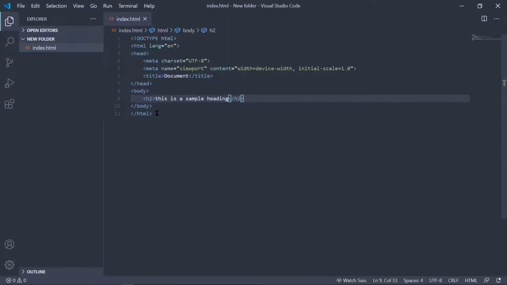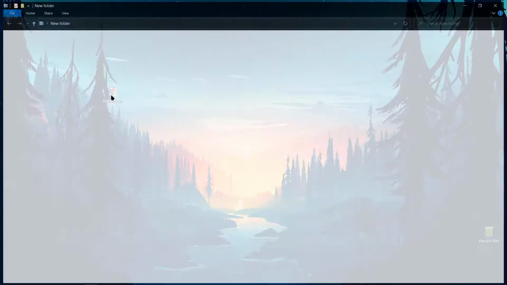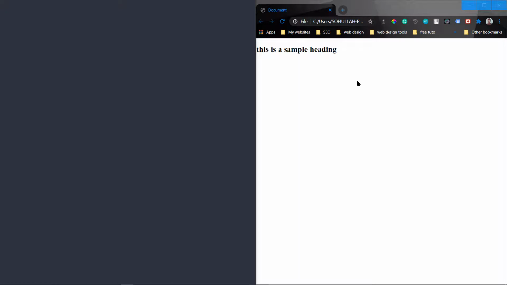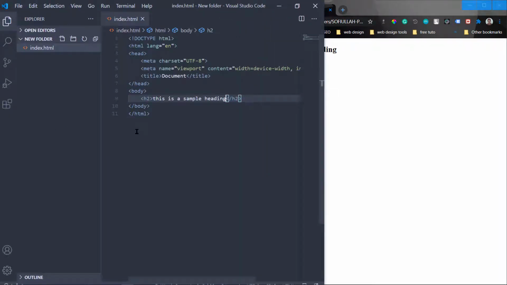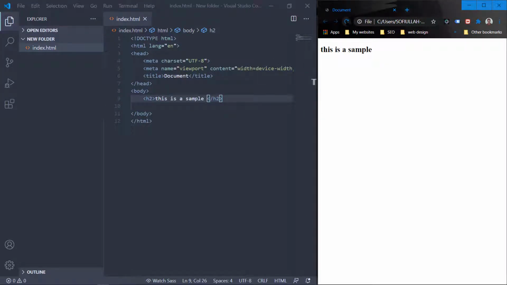Now if I want to open it in the browser directly from the folder, then I need to refresh this page every time I want to make some change here. Suppose I want to change the text, then we need to save this, then refresh the browser, then it will be effective. But with the Live Server we can do it pretty easily.